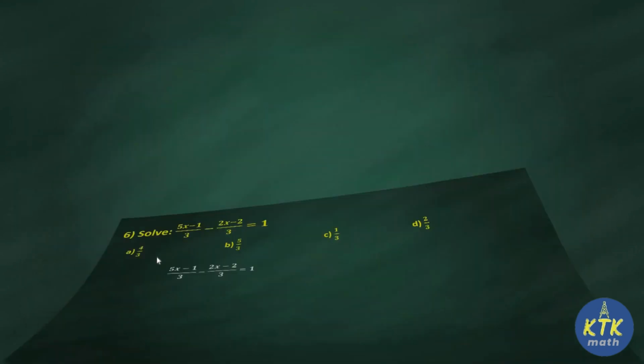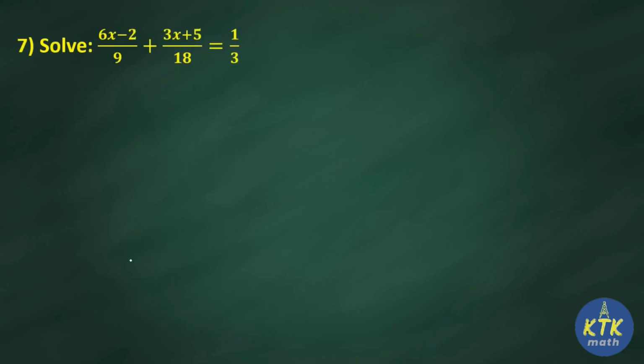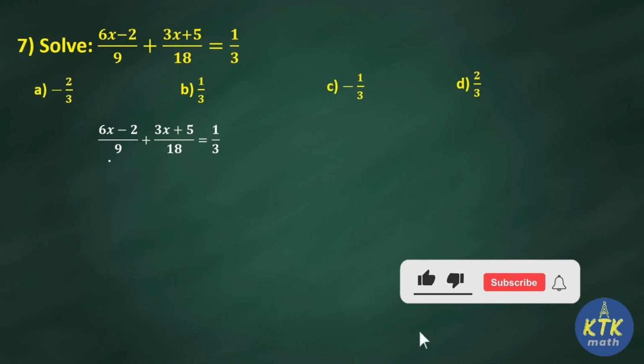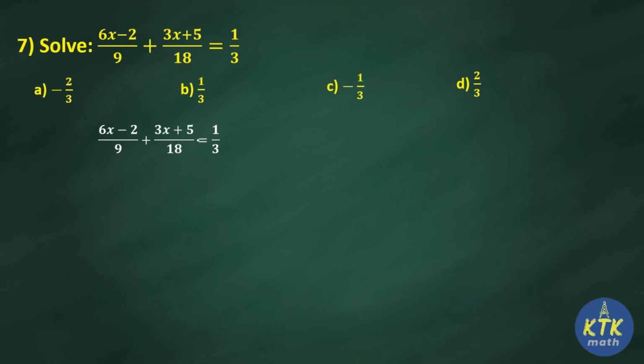Question number 7. Same kind of question, only this time they have different denominators. We have denominator 9 and another one denominator 18. I am going to teach you this sum in a shortcut method. You are not going to do cross multiplication or any LCM methods and so on. I will give you one simple method. The first fraction is given, right? The entire first fraction, you just multiply it by 2.